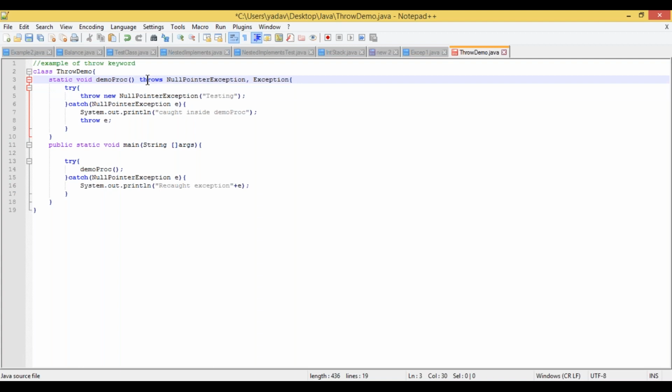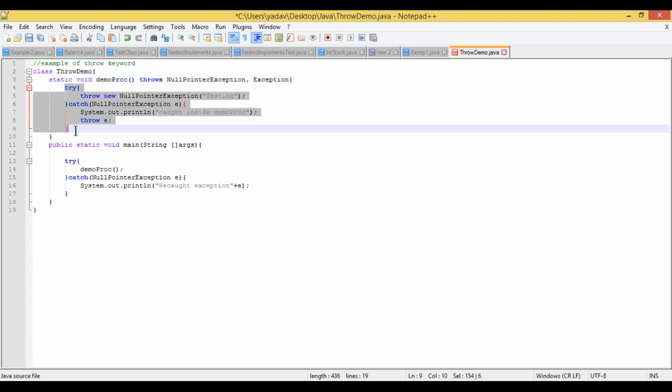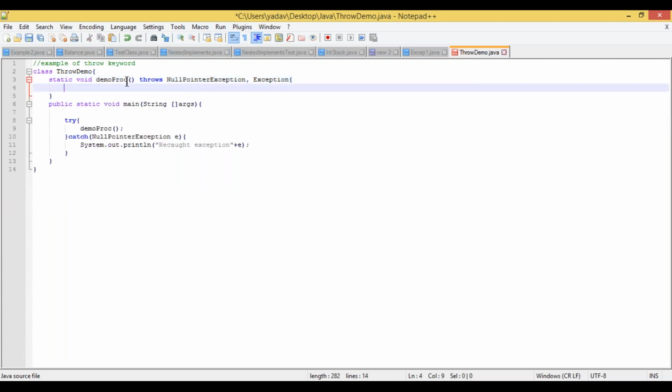We will see an example of how throws is going to work. We're using the same method to throw a NullPointerException or some exception. Now what I'm doing here is